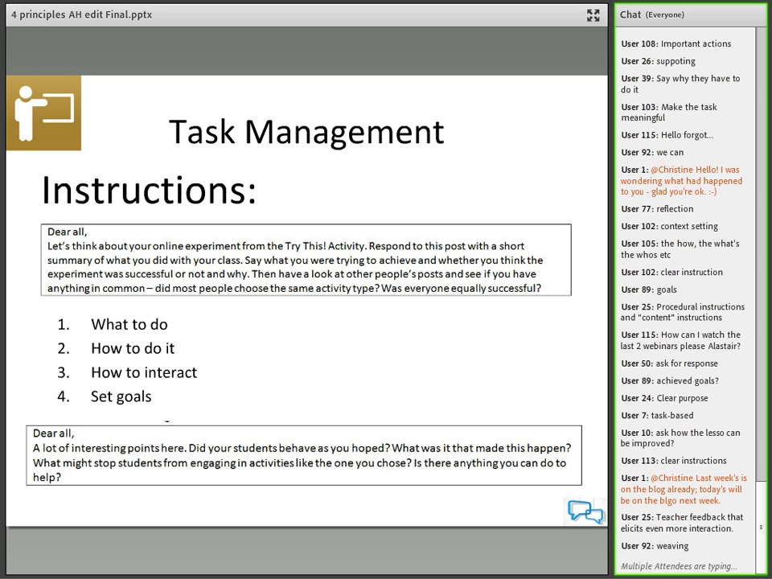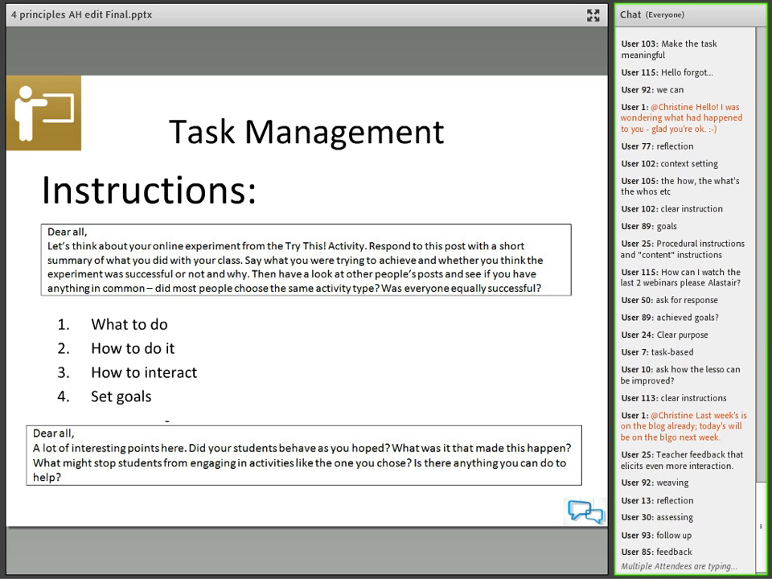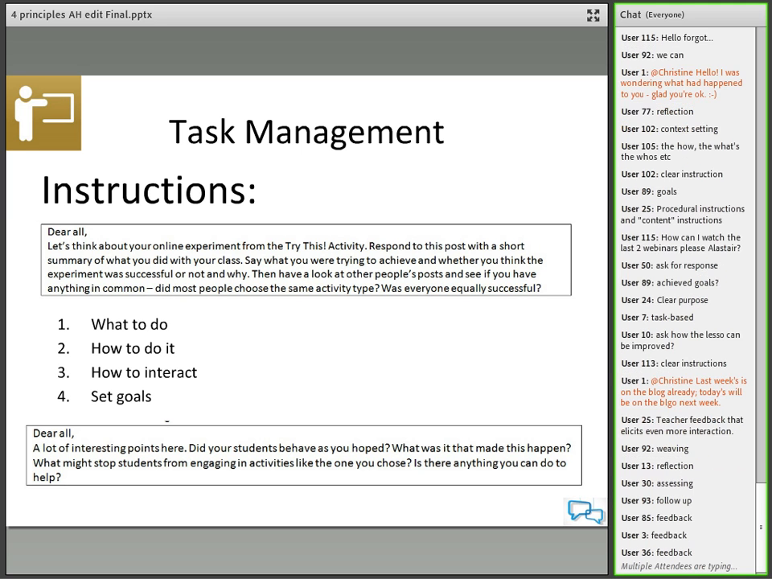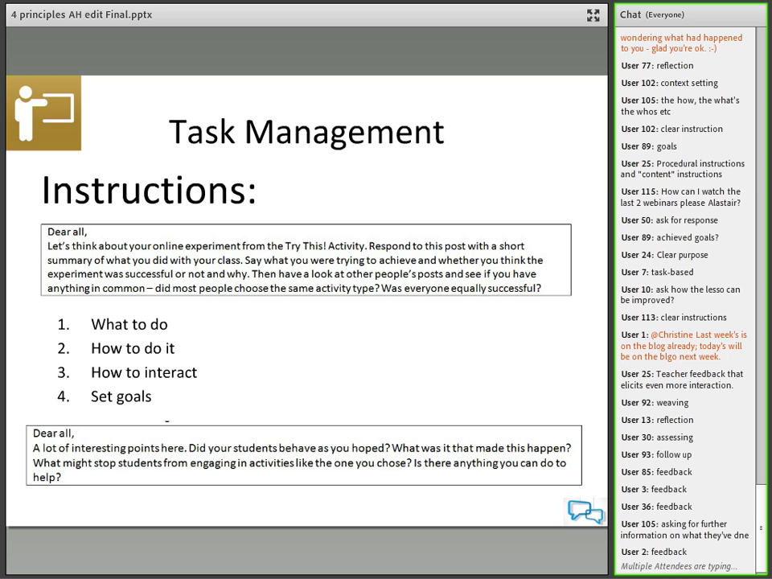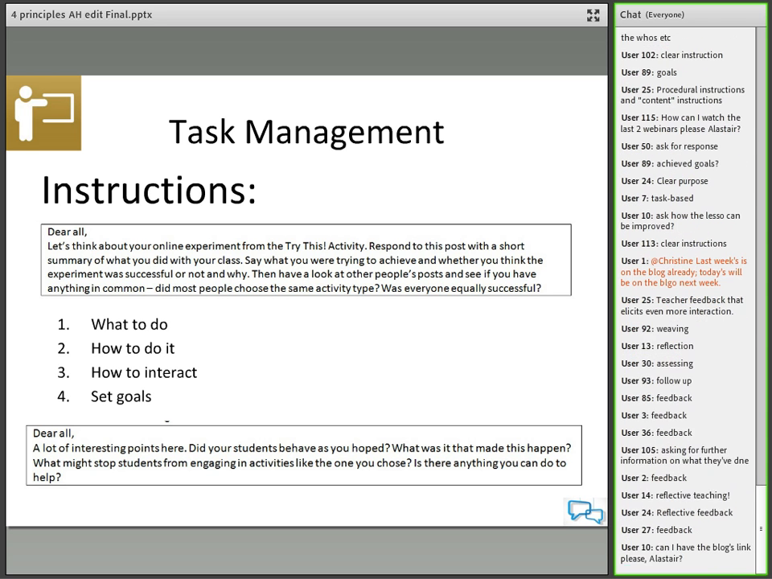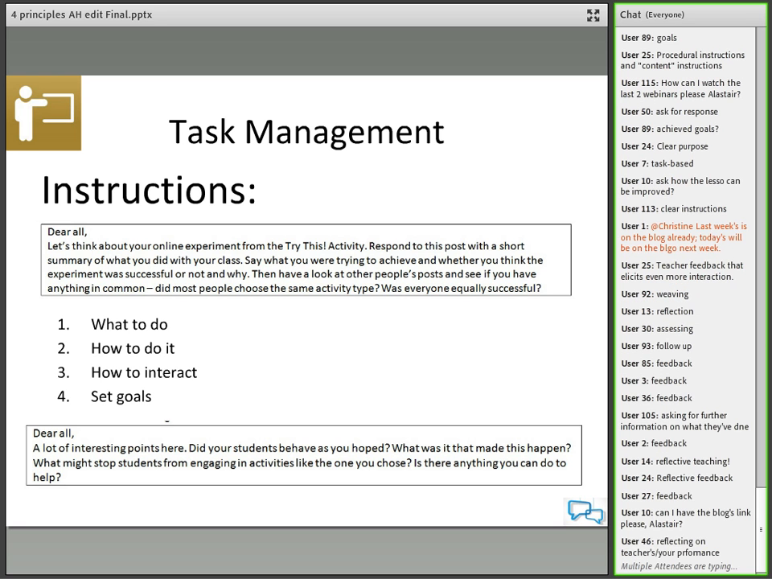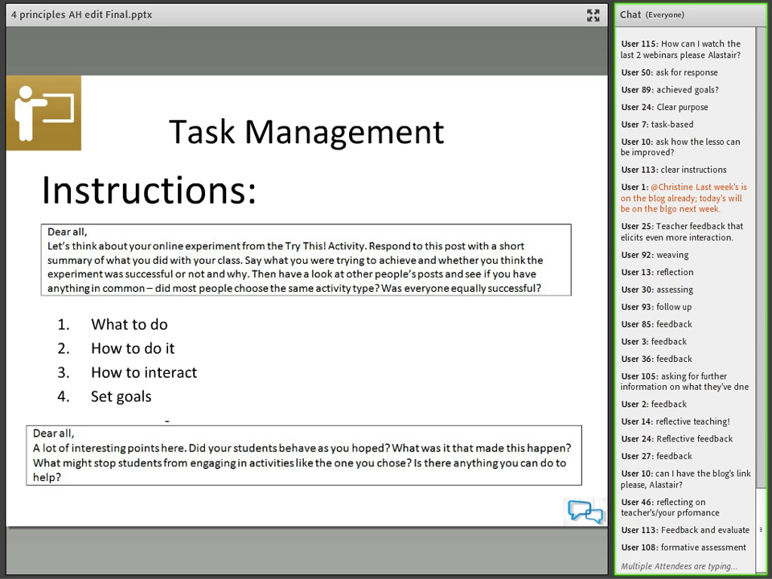Yep. It's teacher feedback that elicits even more interactions. Weaving, yeah, basically. Reflection, assessing, follow-up, feedback. So it could be I'm trying to end the discussion, but still leave them some questions to think about. Or it could be that I am in the middle of the discussion and I'm trying to move it in